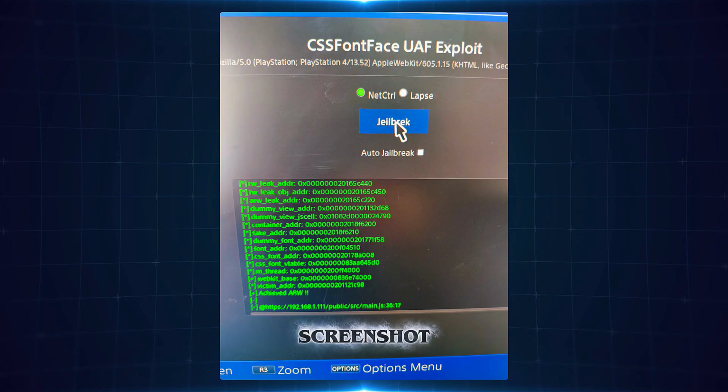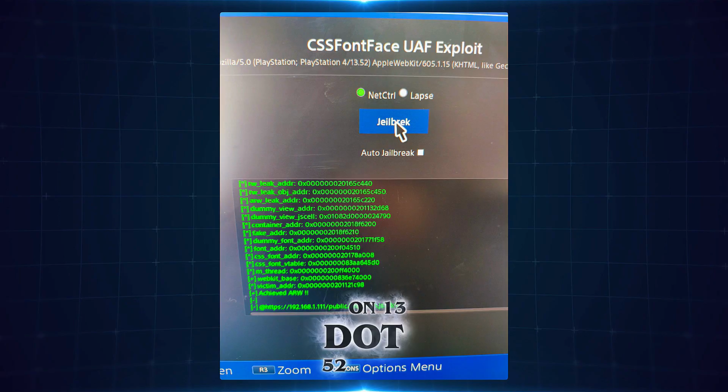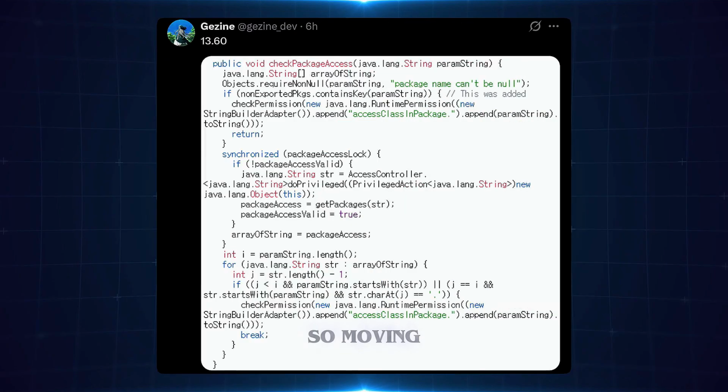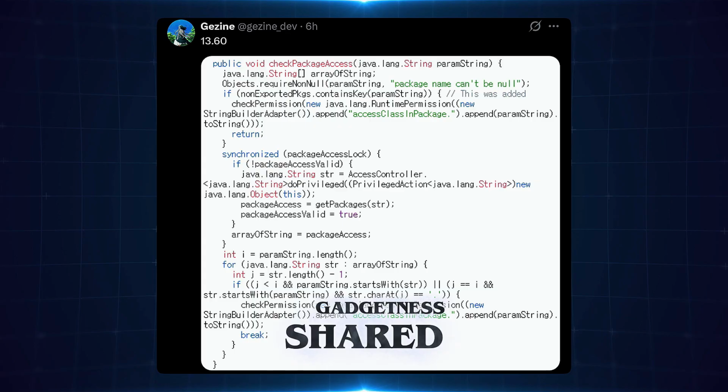So we can see a screenshot that seems to be showing the WebKit part of the exploit loading on 13.52. Obviously, we don't have a kernel exploit to load on that firmware yet, so it's not going to actually jailbreak the console. So moving over to the PlayStation 5 Userland exploits, Gejina shared this post that just says 13.60 with